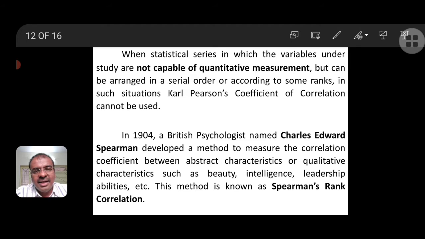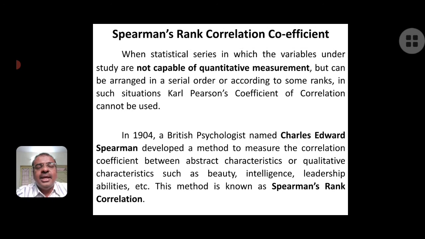Hence, these are subjective in nature, and the qualitative characteristics have to be ranked according to some particular order. We have to put them in a serial order according to certain ranks. Hence, in case of qualitative or abstract characteristics, we will use